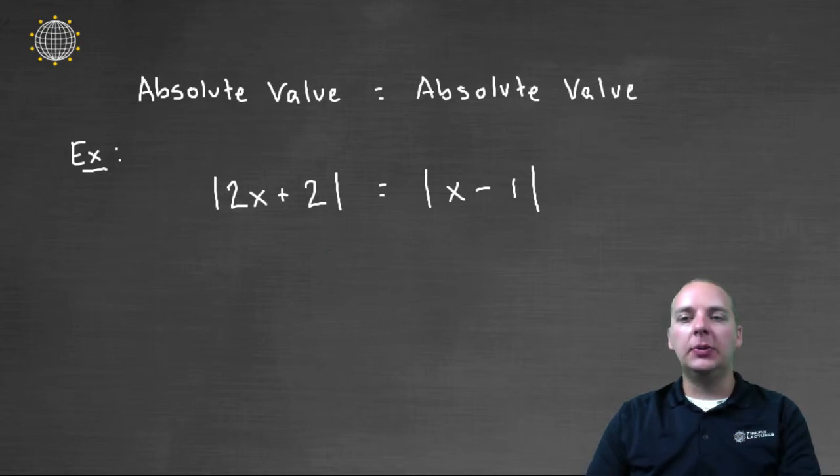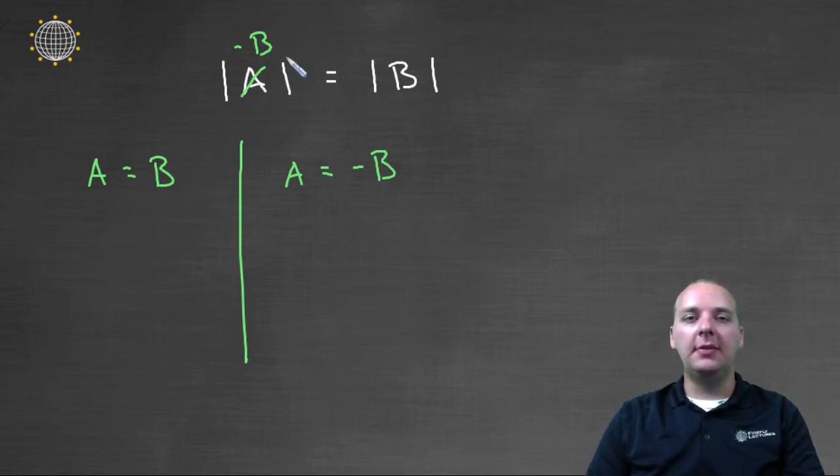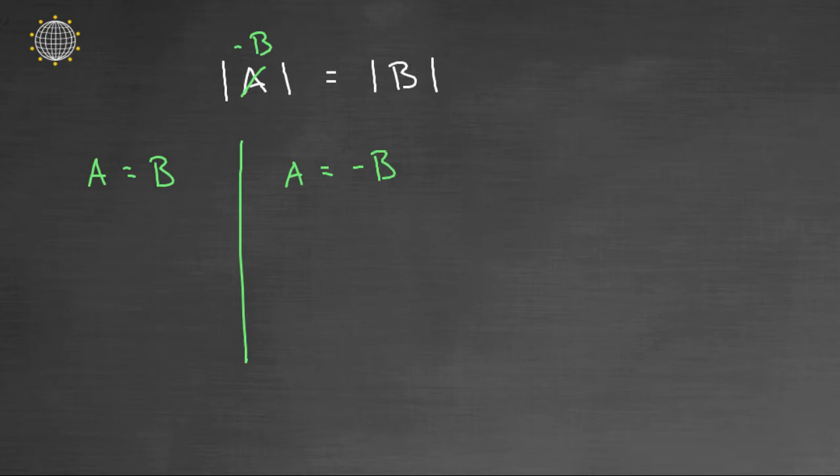That seems very natural. But in addition to that, you could also have a equaling negative b, and the reason for that is if a was equal to negative b, then the absolute value of negative b would obviously be the same thing as the absolute value of b, right? Because they would have the same distance away from 0. So this would work. And one other thing you could say, and actually let me erase this real quick. Okay, so one other thing you could say would be that negative a is equal to b